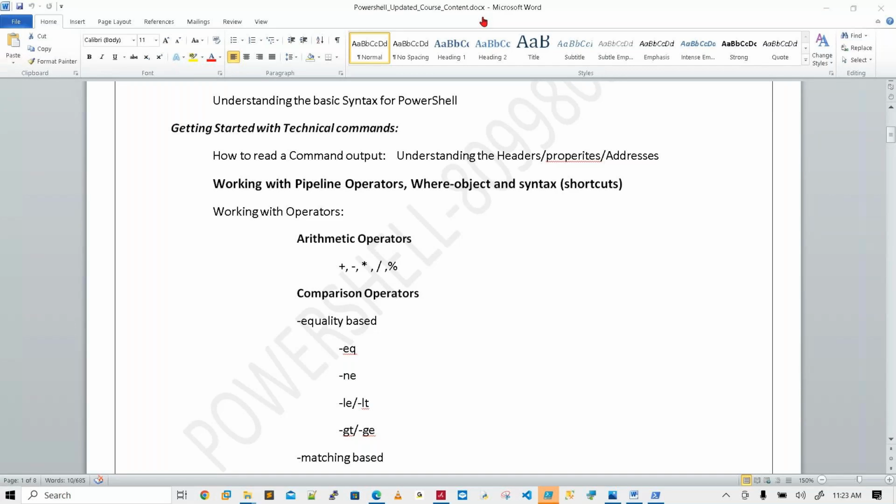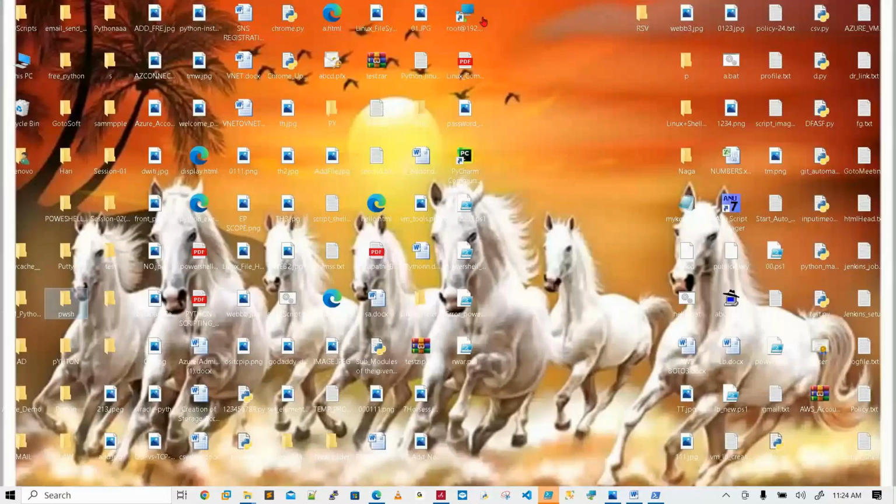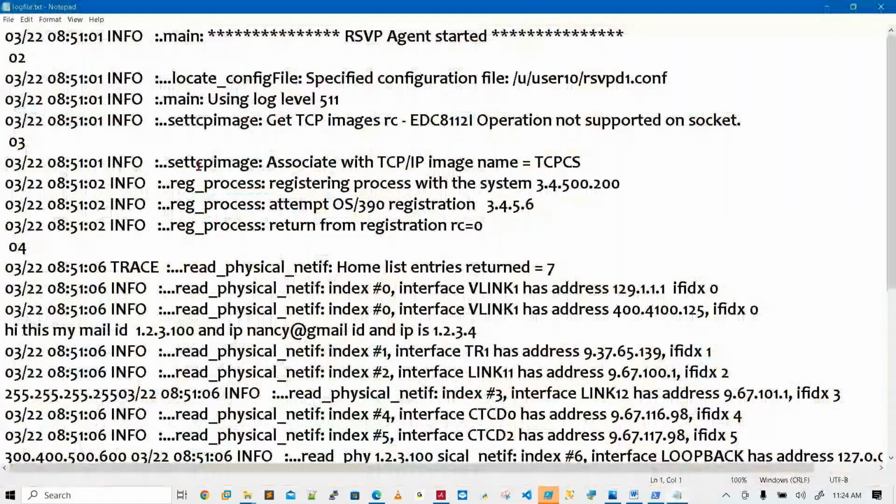Let's see. For example, here I have one log file. It's generated by any one of the monitoring tools in your Azure cloud or DevOps, or any on-prem environment. This is a log file generated by a monitoring tool like Nagios or anything. Now you need to extract IP addresses. Somewhere you have IP addresses closely observed, but somewhere also there are not valid IP addresses. How to write the patterns?